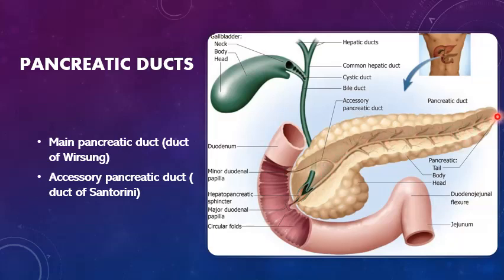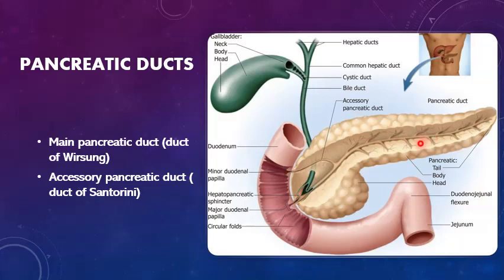So where is this main pancreatic duct starting? It is starting at the tail and it is running towards the right side till it reaches the duodenum. When it is traveling from left to right like this, midway it is receiving all the smaller pancreatic ducts. They all join the main pancreatic duct. This kind of duct opening into the main pancreatic duct is called the herringbone pattern. Herringbone pattern, this one.